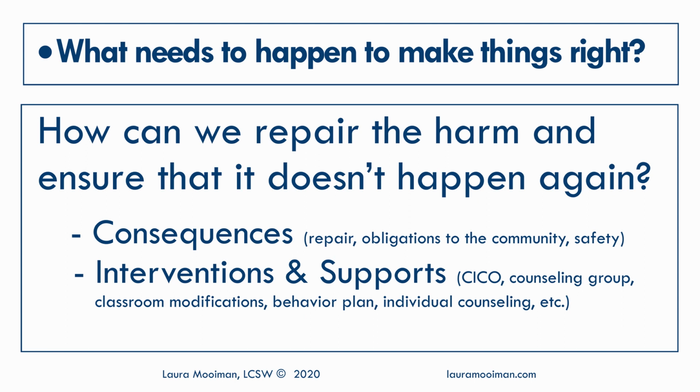When we ask ourselves what needs to happen so this doesn't happen anymore, we should choose only the best, most evidence-based interventions possible. Finally, you'll simply summarize what the group agreed upon for solutions to repair the harm, adding in the supports and the interventions that the students need. Here you can assign who's responsible for following through and then set a time to check back on the issue with the participants. You can do that as a group or individually.